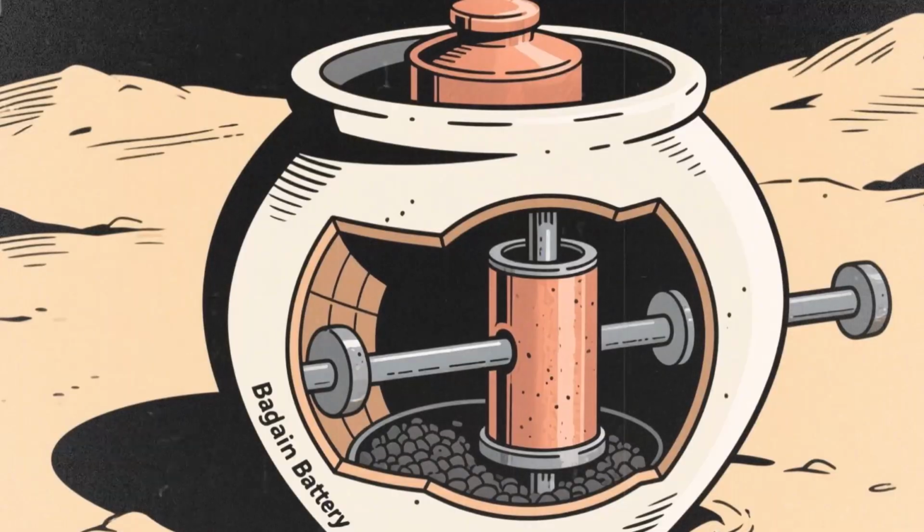And actually, that last point is probably true regardless of whether the Baghdad Battery was a battery or not. We tend to underestimate ancient people's knowledge and capabilities. But here's the thing. Extraordinary claims require extraordinary evidence. That's a fundamental principle of scientific skepticism. If someone tells you they have a regular car, you'll probably believe them. If someone tells you they have a car that runs on water and can fly and also travels through time, you're going to need some pretty convincing proof. The Baghdad Battery is closer to the time-traveling flying water car. It's an extraordinary claim. Sure, it's possible, but we need extraordinary evidence to believe it,